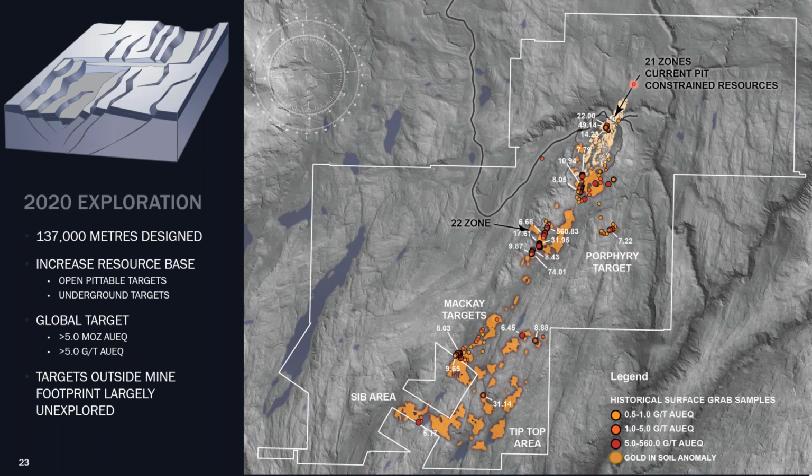Now, although this is the main mine footprint area, here you can see the open pits for the 21 zones and the 21-2 zones sitting down here. Largely all of these orange blobs, these soil anomalies, have been untested. They're very scarcely drilled. And if you go back into history and think about why, it's because back in the days of Prime, they would work on the McKay targets and basically take themselves towards the northeast